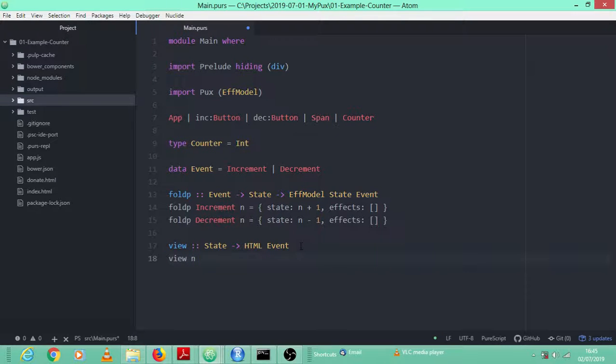So what does an HTML event look like? Well, what an HTML event value looks like is effectively, you can think of it as our HTML markup, but with any events occurring in it, any events also talked about. So what we're going to do is we're going to have a div, HTML div, and then first of all we're going to have our increment button. So we implement this with the following: button,